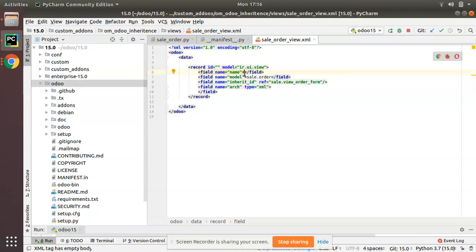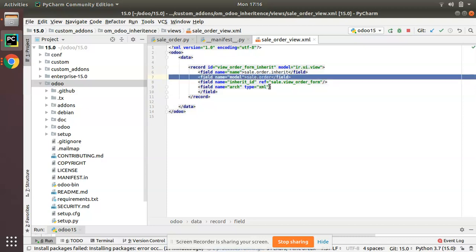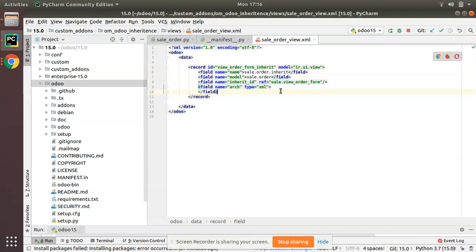Then give a name for the record, sale order form or sale order inherit. You can give like that. I'll give sale order inherit, or as you like, you can give a name. Then you have to give an ID for the record. So I'll give the ID as view_order_form_inherit, or as you like, which stands with the subject. So what we have done is we have created a record, specified the ID, a name is specified, the model name is given, inherited this record, and inside field name arch type XML, here we have to add the field,